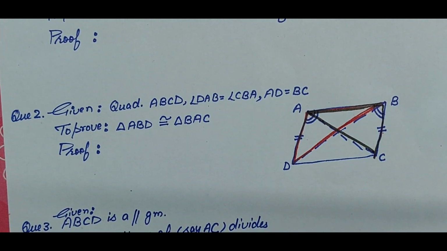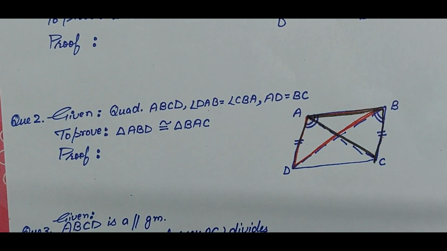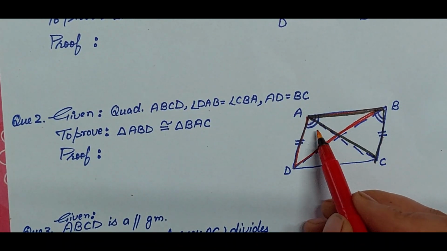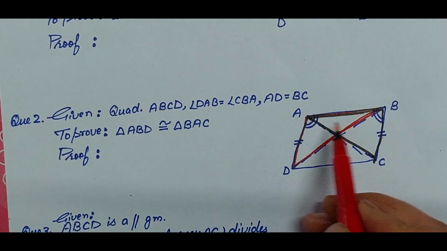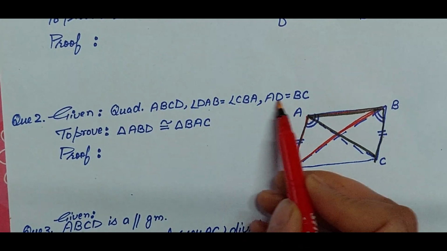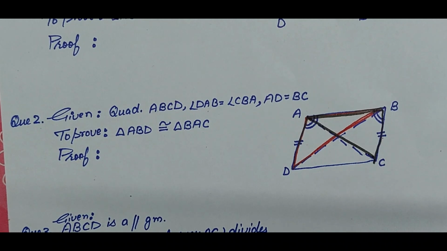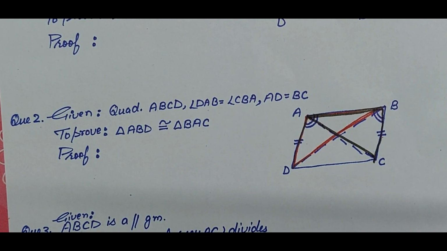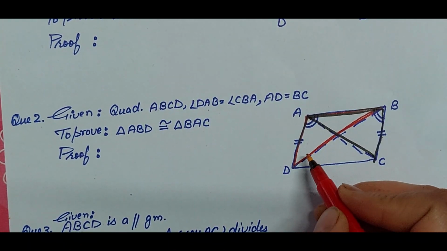Okay, we have to look for the third one. So the third equality, what all can it be? See, every triangle has 6 measures. The black one also has 6 measures and the red one also has 6 measures, out of which 2 are given. So out of the remaining 4, we have to find one more equality, because 3 equalities are enough to prove the triangles congruent. So what is going to be that equality?